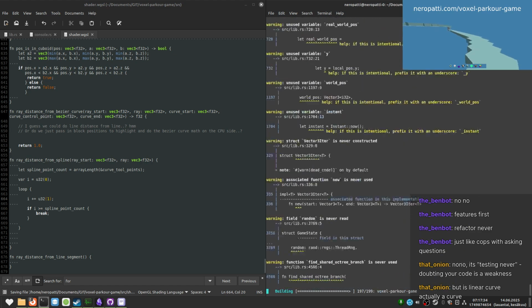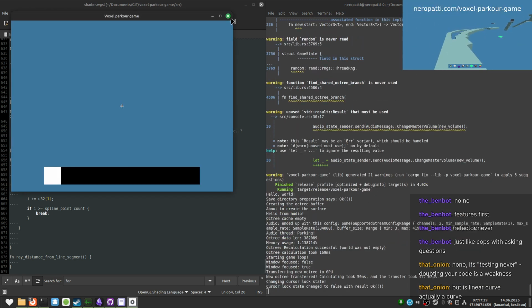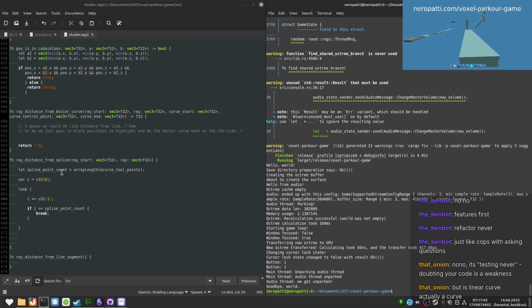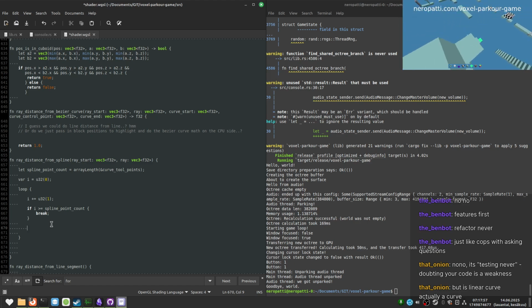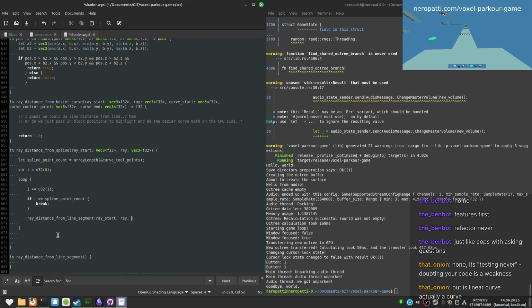Amazing. Oh, no, okay. Now it's a big fan. The U32. Fine. We're fine with this. We break here if we're at the count, and now we do something. We say ray distance from line segment,